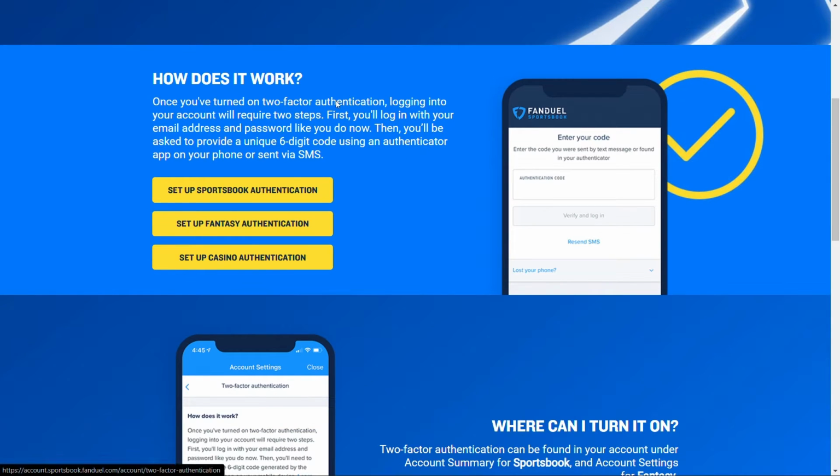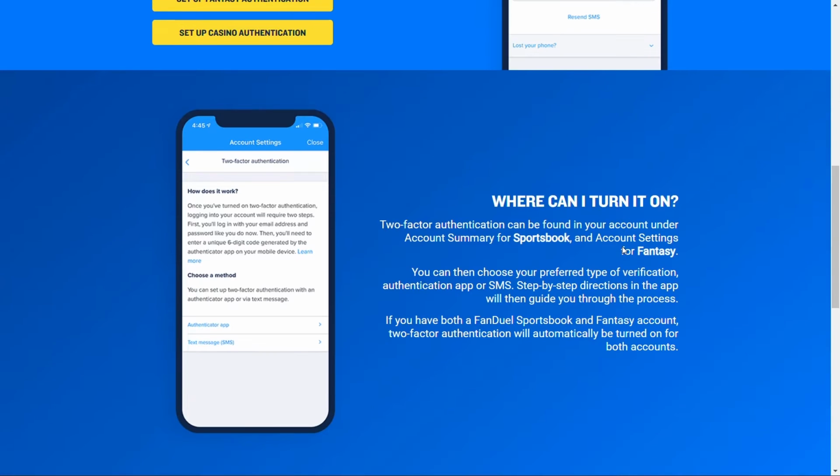So basically, once you've turned on your two-factor authentication, when you log in, you'll be able to enter your code right here. Now, how you have to do it is, first of all, you will have to open your account